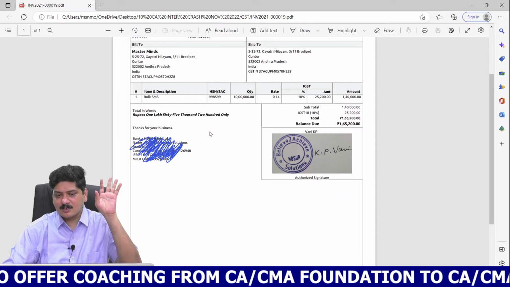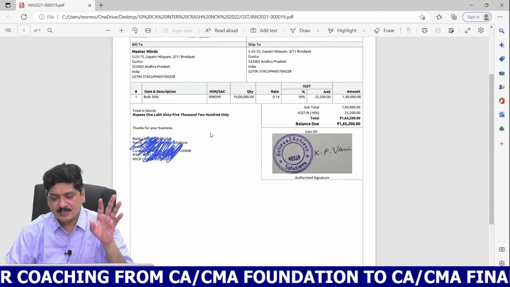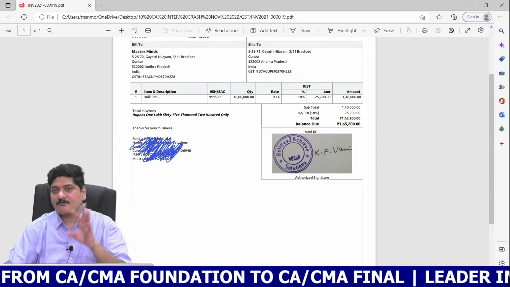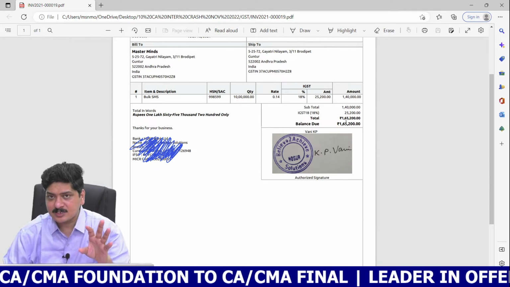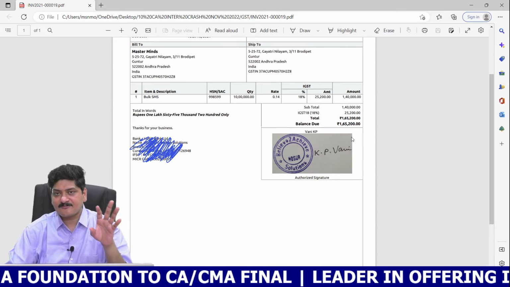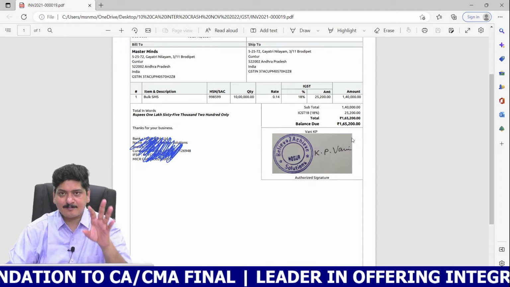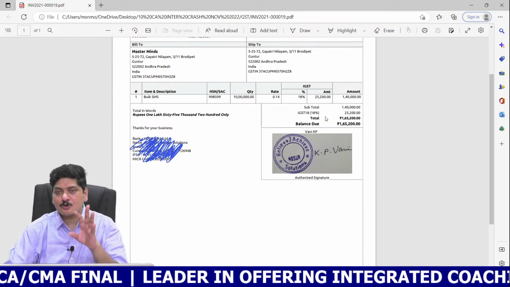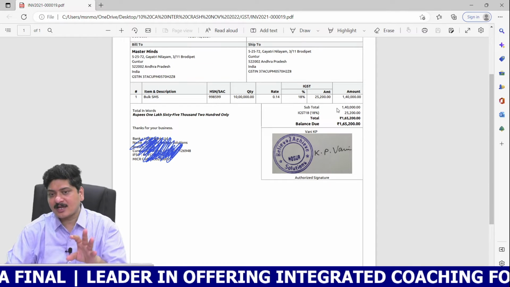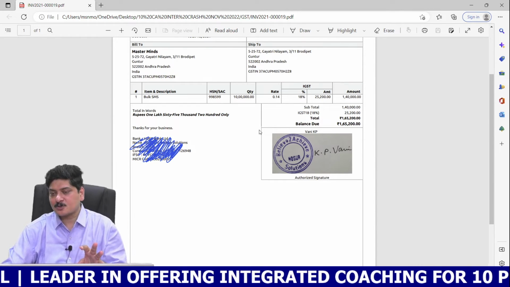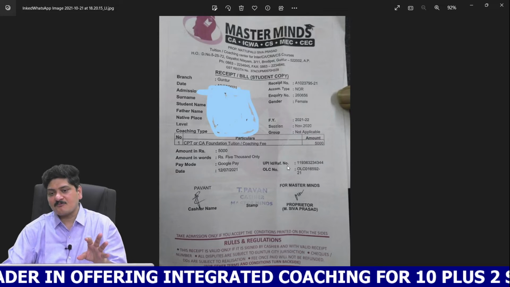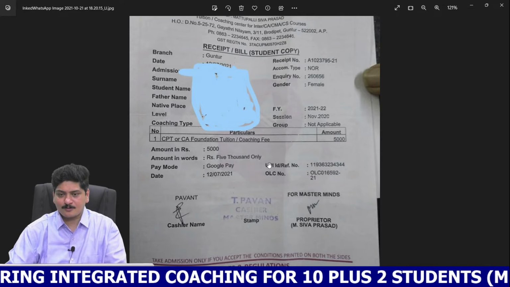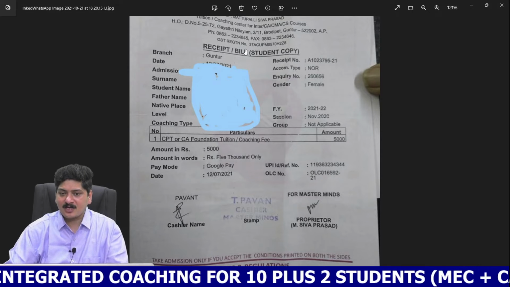Say for example, this is a model invoice. We have made a payment of 1,40,000 to our supplier, and on that 1,40,000, our supplier has collected 18% GST, which amounts to a total of 1,65,200. So in case the supplier is collecting the GST from the buyer, it will be shown like this: 140 added by GST, a total of 1,65,200 rupees. Whereas this is the invoice that we issue for those students who take admission in CPB mode, physical batch mode. We have collected 5,000 and we have given the GST invoice.